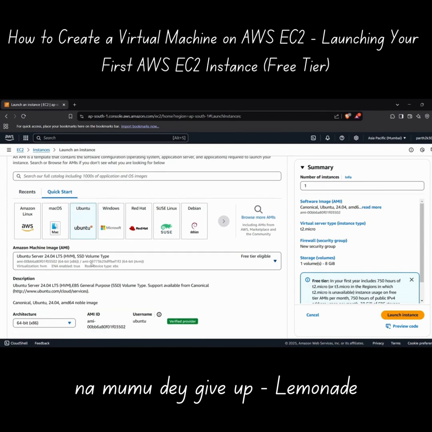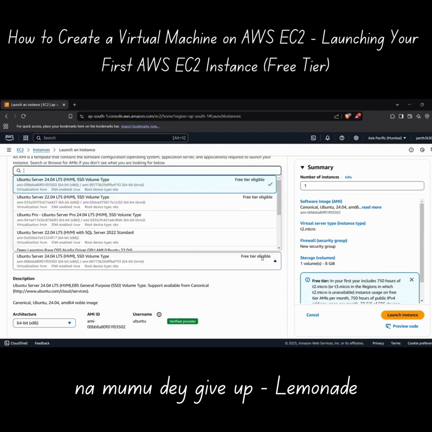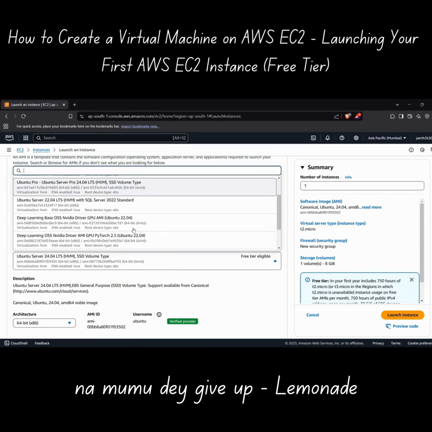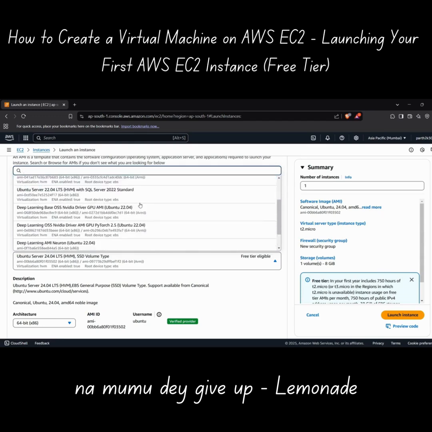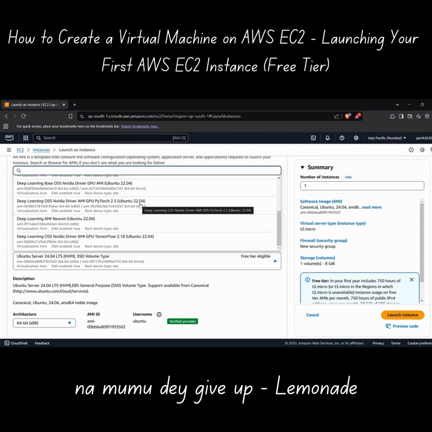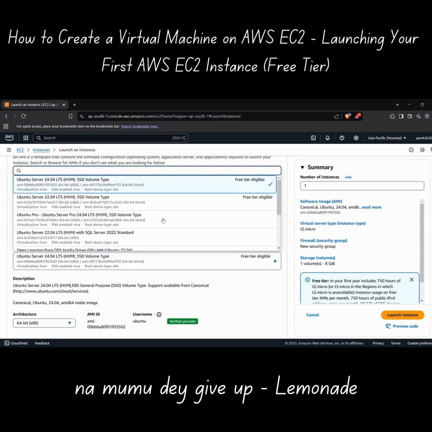And now I can select the machine image. This is basically the configuration of our system. So if you want to customize or configure the system more yourself, you can select it from here. I'll just keep it the default right now. If you are working on some LLMs or some machine learning models, you can select these images which are equipped with NVIDIA drivers, because that would be more beneficial for your machine learning training process. Alright, so for this, I have selected the standard Ubuntu server